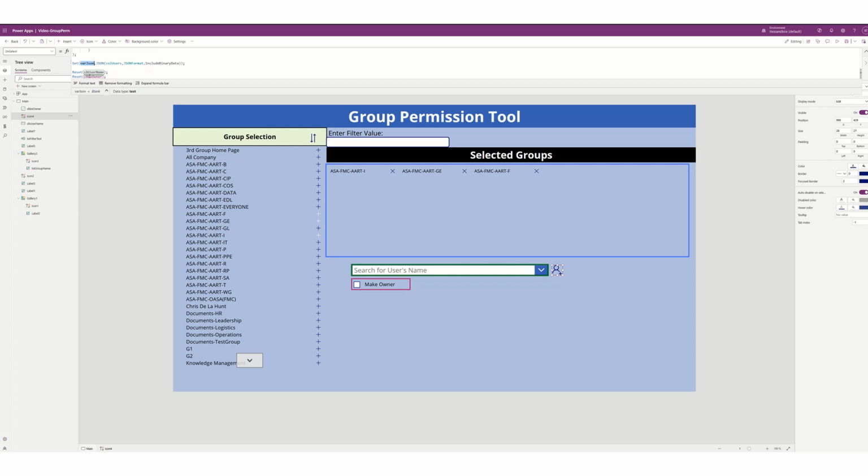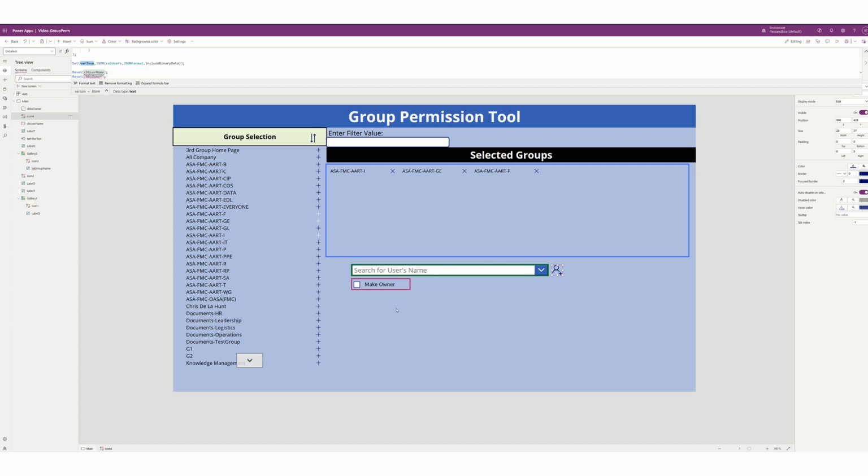And then once you're done with that, it's going to clear out the username and the owner. It's going to clear out these two boxes so you can put your next name in there, okay, if you need to. Then once it's done, now when you go to add it at the end, it's going to take that whole collection and push it into SharePoint or into Flow, which will then write the values. Okay, and we'll get to that probably in the next video. Alright, so right now,